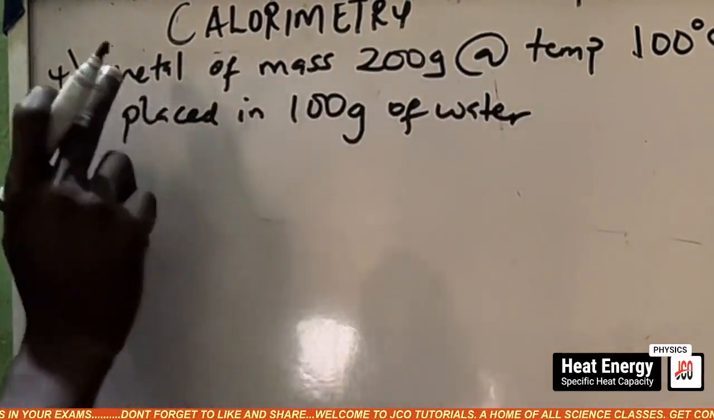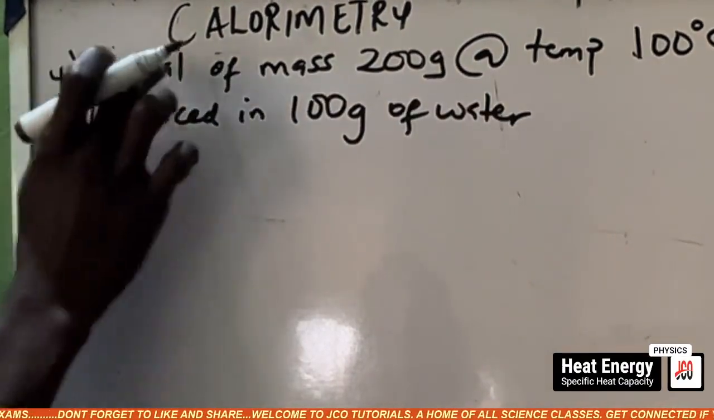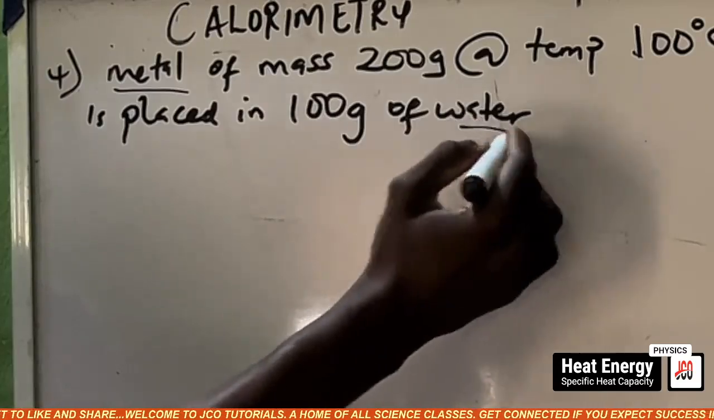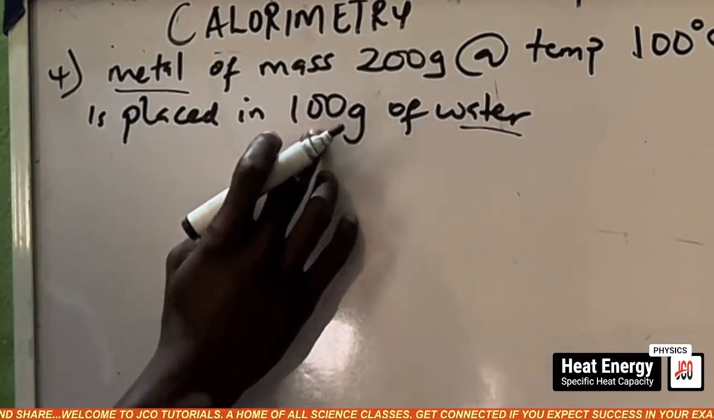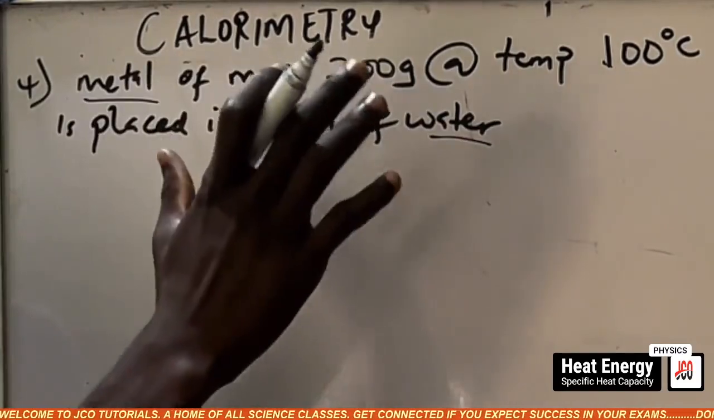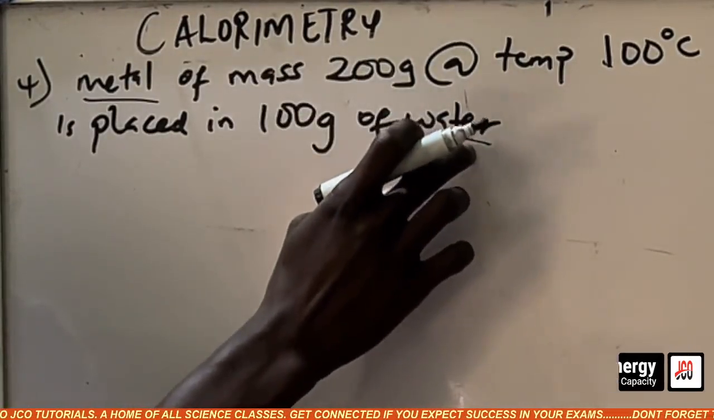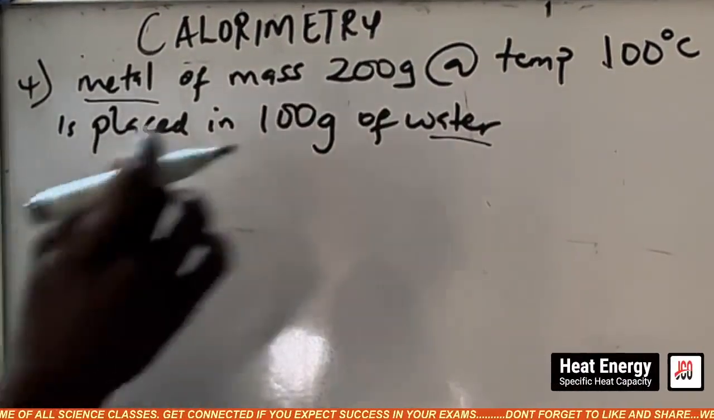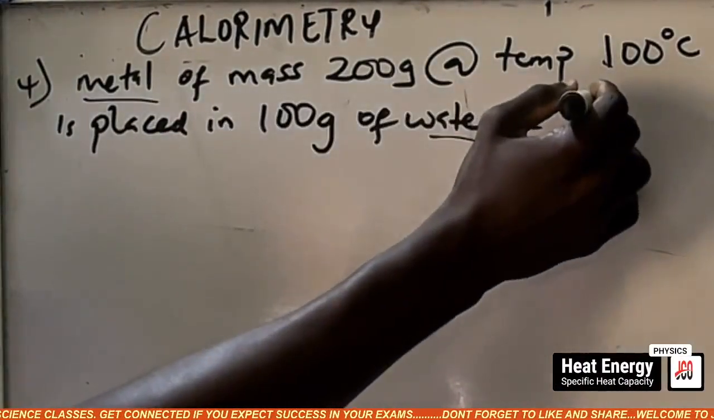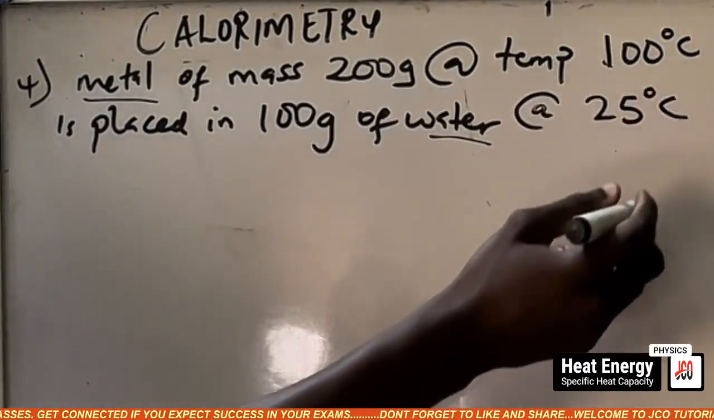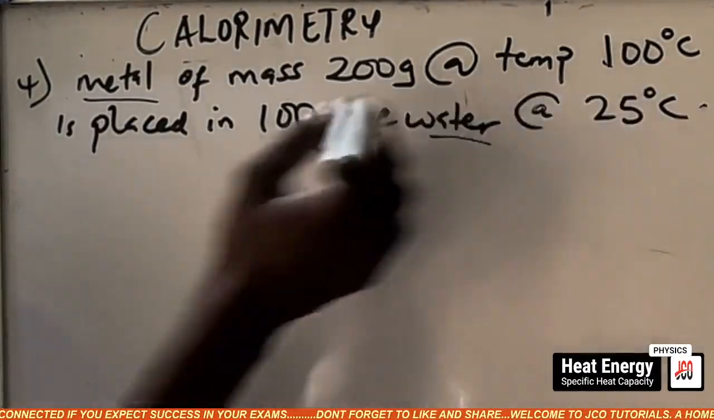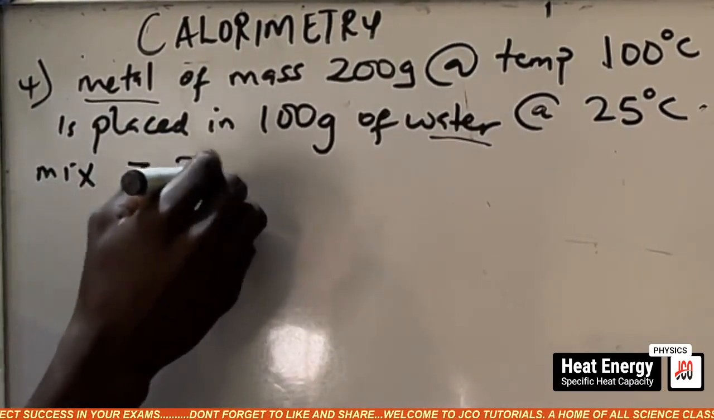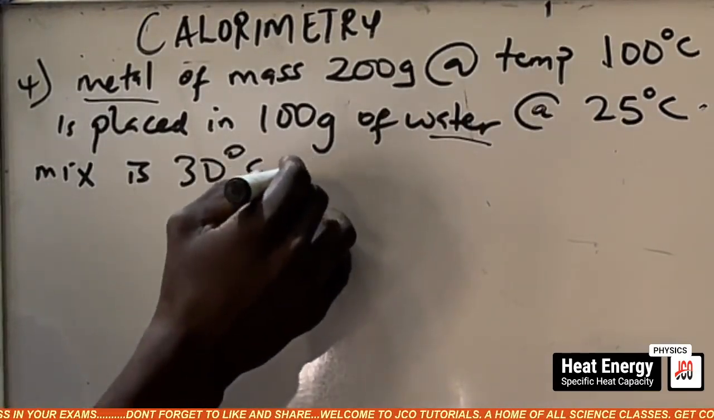You're getting the idea now. You have a metal that has a particular mass. You place it inside what? Water with another mass. So you see, already you're getting the idea that metal is the one losing heat, whereas the water is going to gain heat. So it replaces another water at 25 degrees Celsius. Now the question says if the steady temperature of the mixture is 30 degrees Celsius, calculate